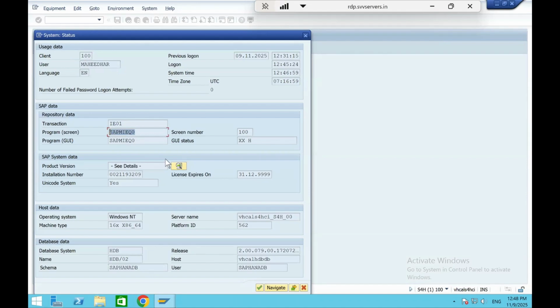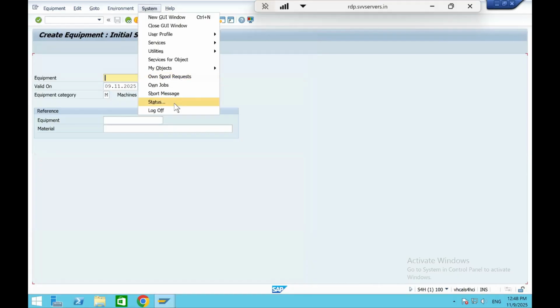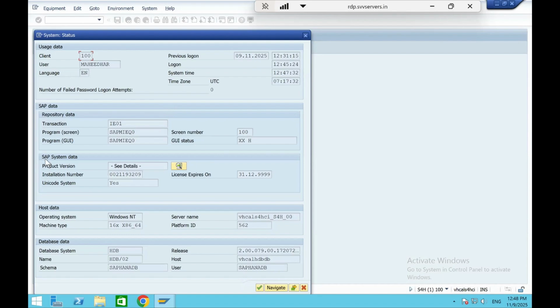Earlier, before logging into the system, we saw the product version: what the SAP version is and what the feature pack stack is. You have seen those details, right? After logging into the system, how do you check the current version details? Again go to System, Status. You see there is a System data tab. Then here the product version, you see there is a Details button. If you click on this one,